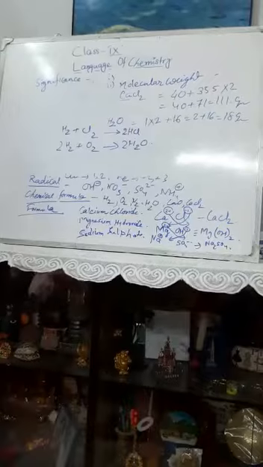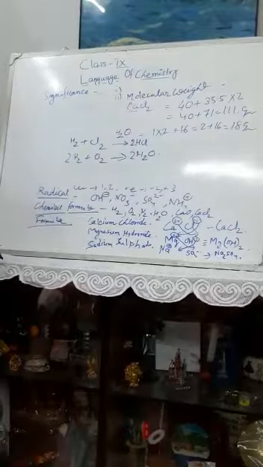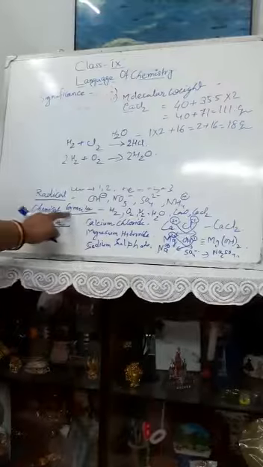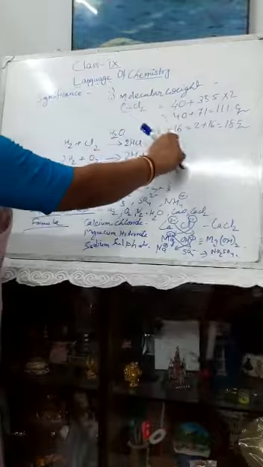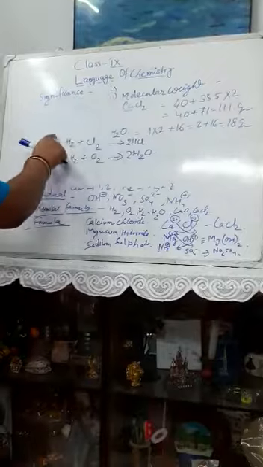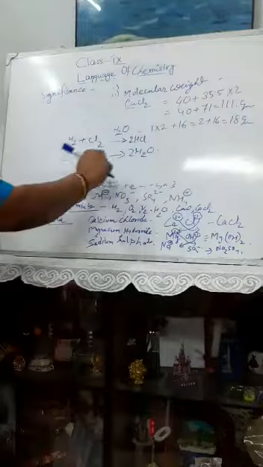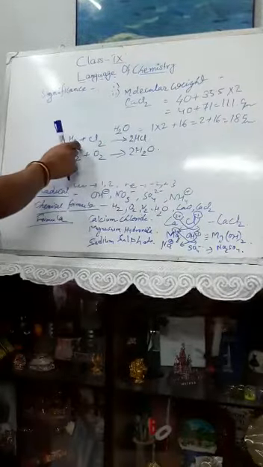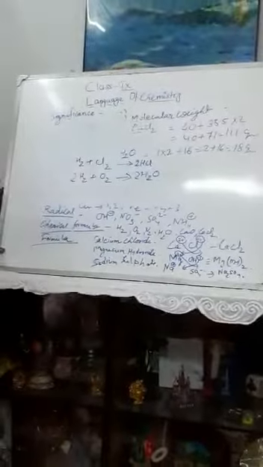Okay students, you must practice how to remember and write the symbols, how to remember the atomic weights, and you must practice how to write the chemical formula, how to write the molecular weight of the compounds, and try to write the chemical equations. There is one equation, suppose I am writing that hydrogen when combined with chlorine will give hydrogen chloride. So you must write the reactants, hydrogen and chlorine, you must write the formula and the formula of hydrogen chloride, and in this way you try to write the formulas.